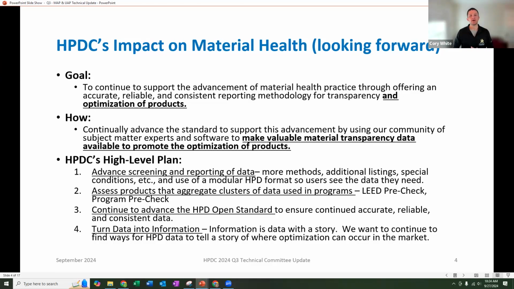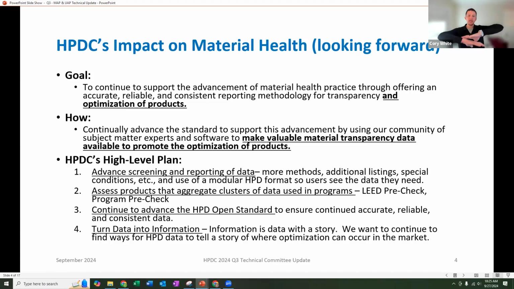So several years ago, everyone thought transparency would never be a thing because no one's going to want to report all that information. But we found a way to do that. And now transparency is starting to become this regular thing. And the next step people take is, once you know what's in your product, you want to improve your product. So what we want to be able to do is now start focusing in on optimization, that next step to make better products and better products available. So anyways, that's what version 3.0 is about, which I'll get into a little bit more.